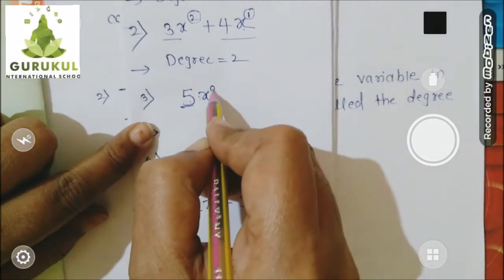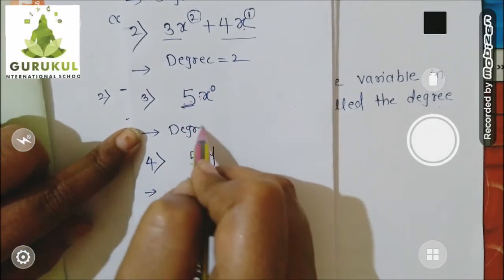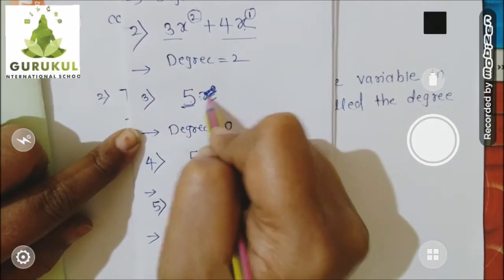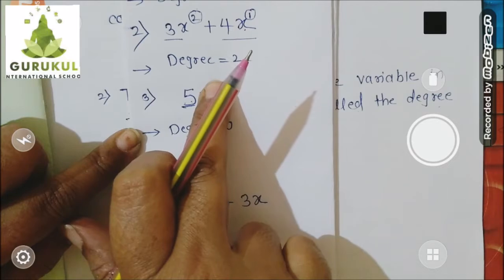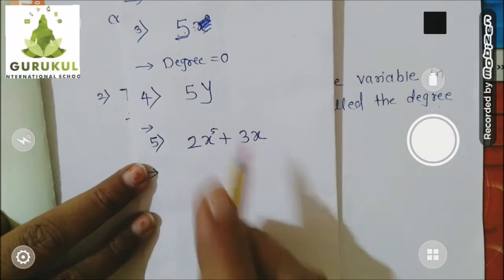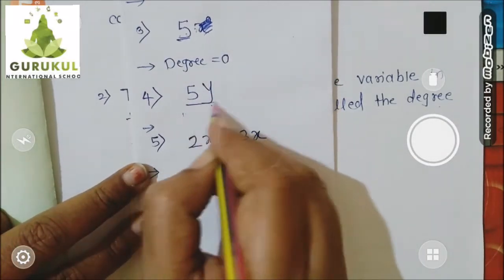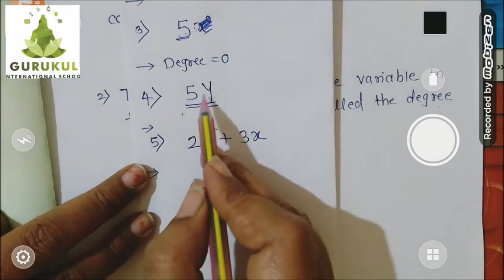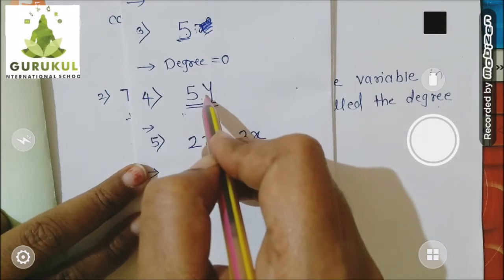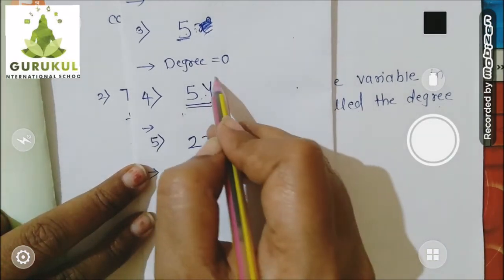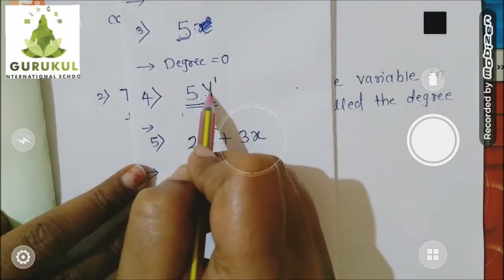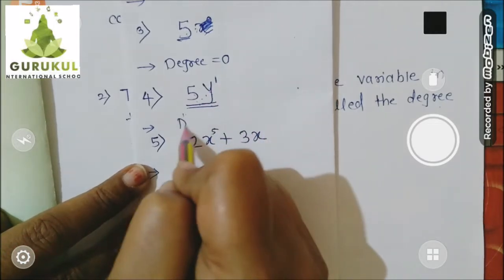Now what is the index of this variable? 0. So degree is 0. Children, you don't need to write this. Just for explanation I wrote it, but it should be understood in your mind that it is x raised to 0 and degree is 0. Next, pi y. Here also, children, only one term is there. It's a monomial, so there is no question of comparison of indices. Whatever is the index of this term, that is the degree. The variable is written but the power is not written, so its power is considered 1. A monomial contains only one term and its power is 1, which means degree is 1.